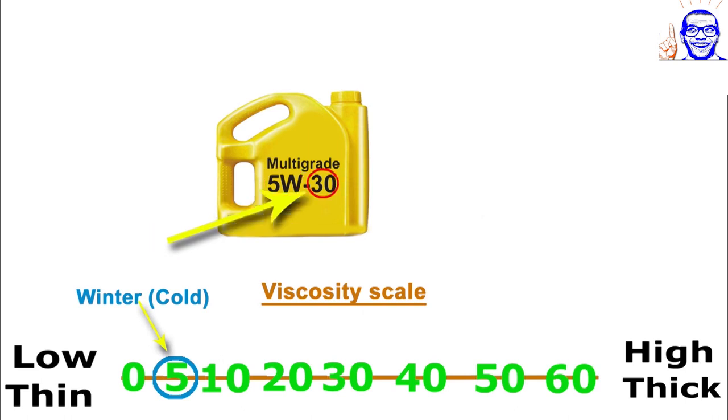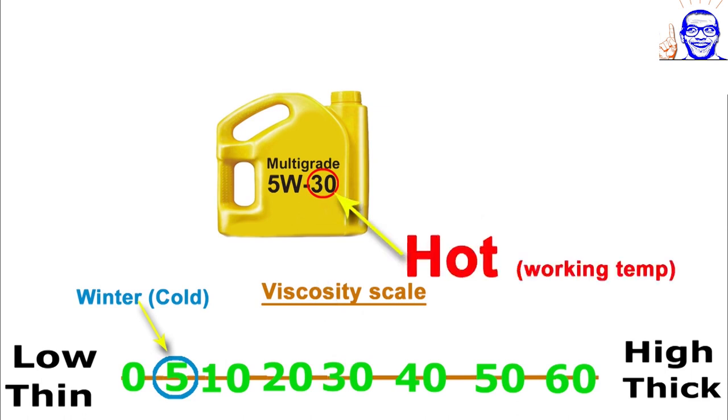But there's another number here representing this oil, and this also says something about how this oil behaves, and that's the 30. And so what this number's saying is that this oil also acts like a viscosity of 30, which as we can see down here on the scale is a medium viscosity. But how can this oil possibly have a viscosity of 5 and a viscosity of 30? Well, this oil becomes the viscosity of 30 when the oil gets hot, so when the engine is at working